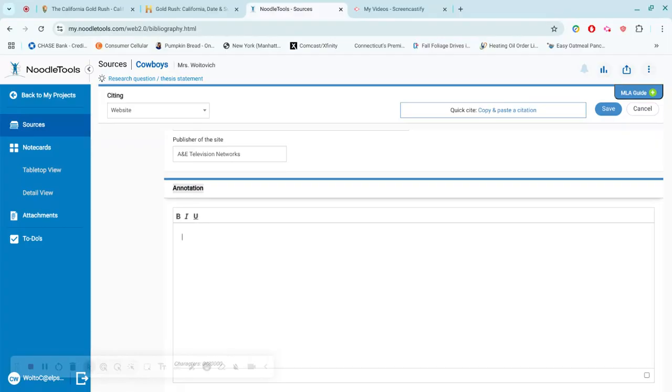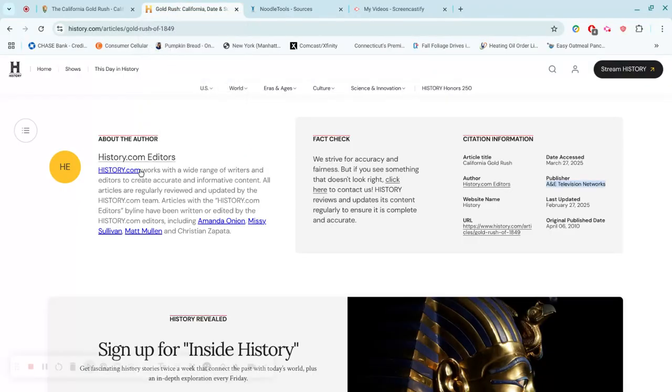If you need to tell your teacher why your website is reliable, you're going to do it here in this annotation text box. Start off by saying, this website is reliable because, and now of course you have to identify why. Not every website is going to be the same. In the case of history.com, if you spend a few minutes reading through the author information and the fact-checking information, some of the things that are coming out for me that would make this reliable are the fact that right